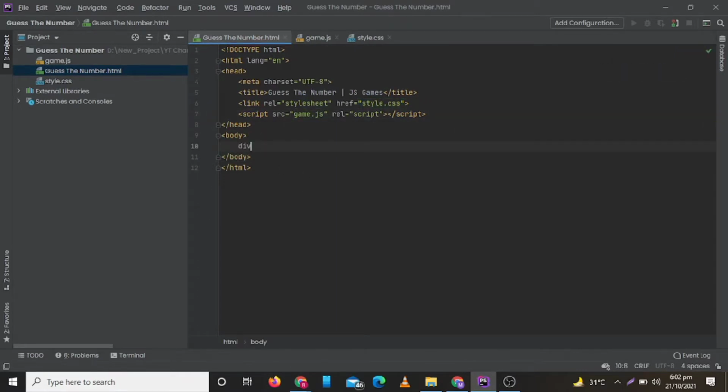Now we will create a div with class container, and inside our container we will set our headings and paragraphs and input for our game.